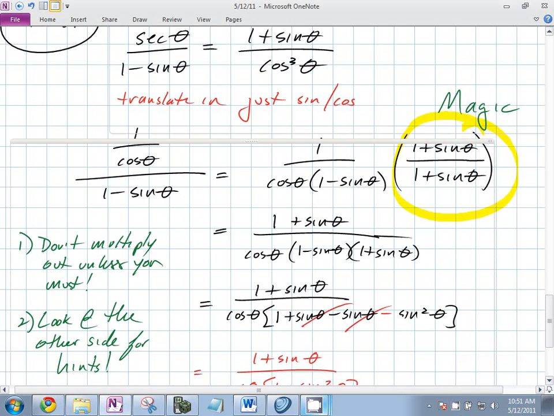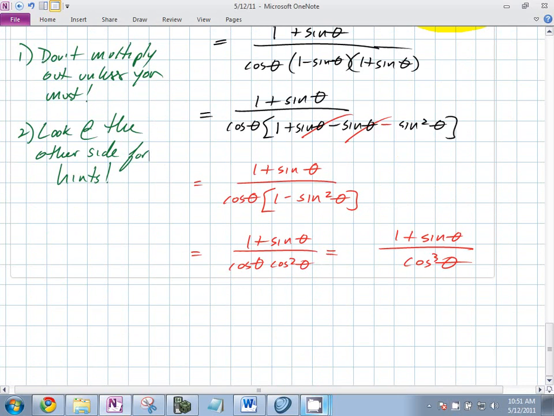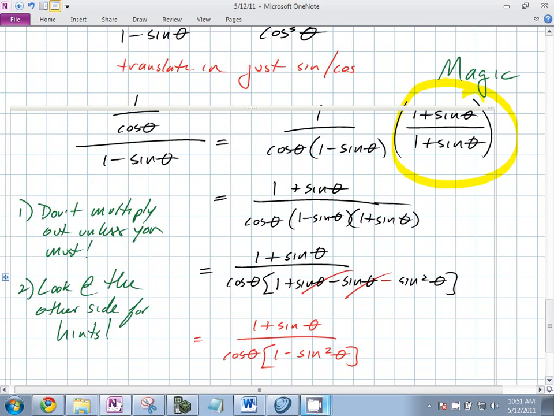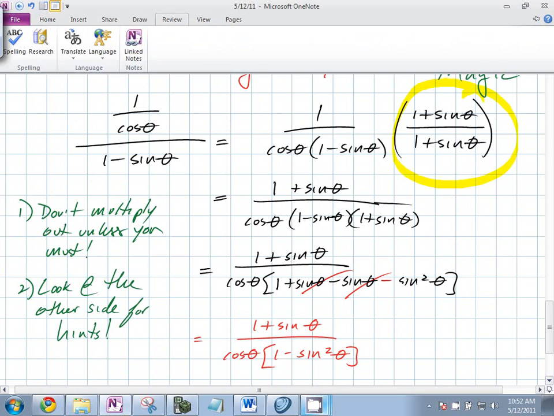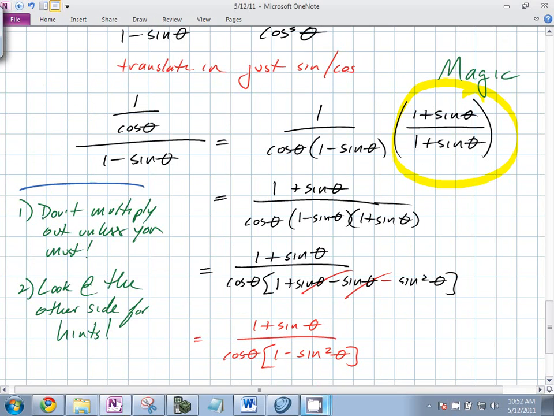Yeah, you needed 1 plus sine in the numerator. You needed it, so we did it. Oh, look at that. We built it, and it just happened to work nicely. The key step that I think hurts people the most is sometimes kids are like, oh, I just got to simplify. And sometimes you do. But unless you've explored all other options, don't multiply out unless you have to, especially since